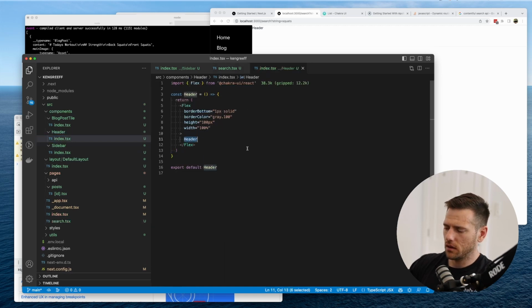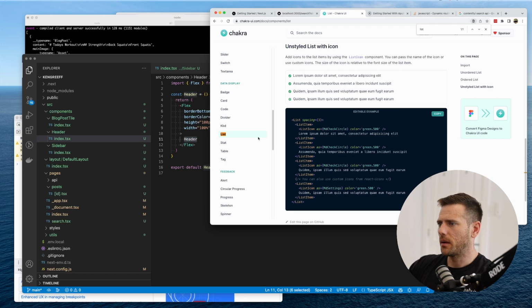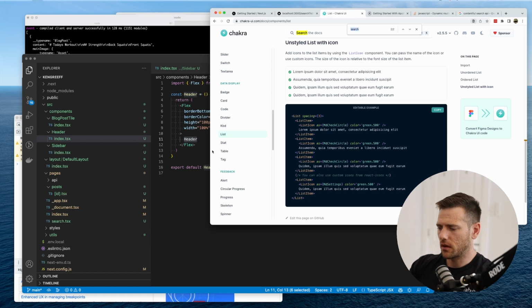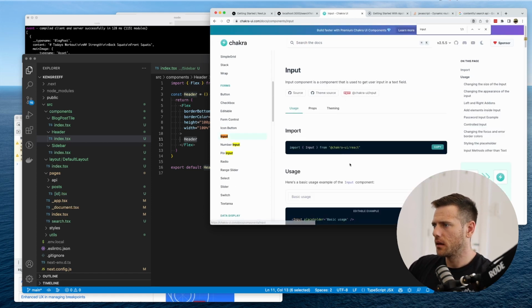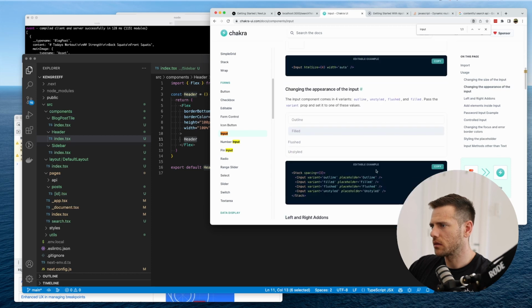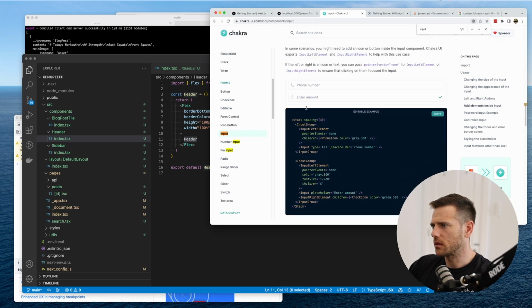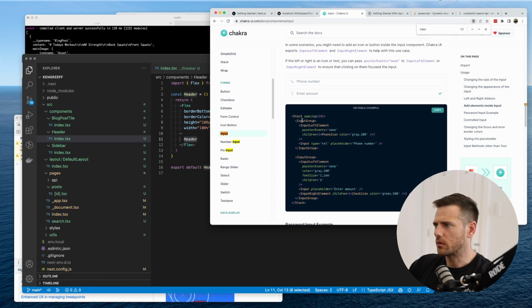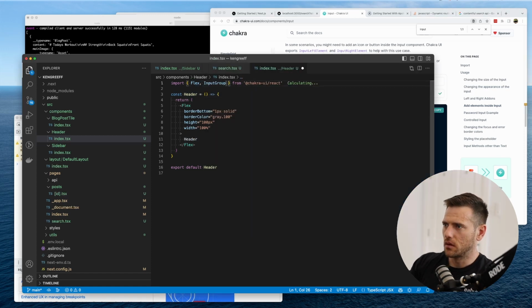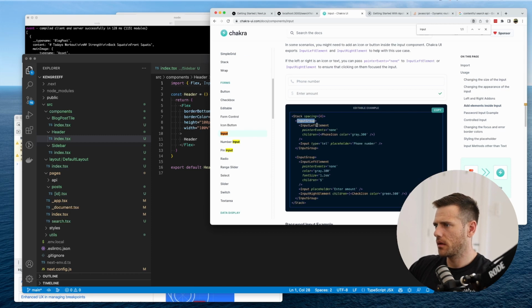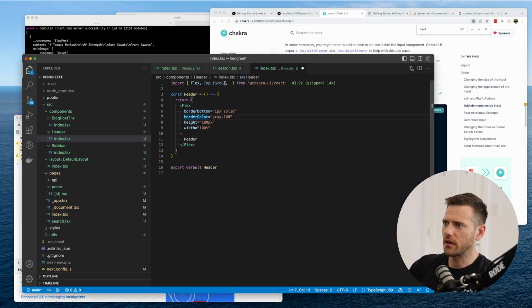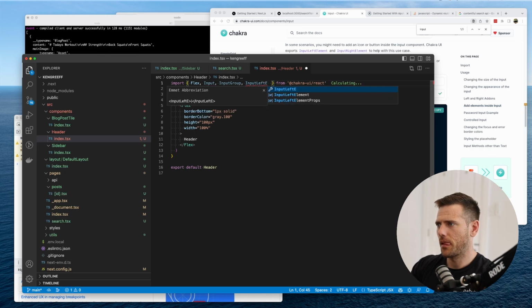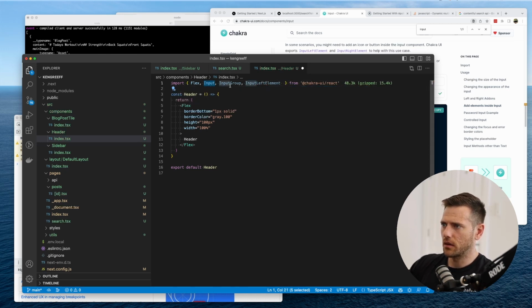In the header, we can literally just have an input. Or maybe that, let's see if they have a search component here for us. I think they have a special way. So they go input. And then I think you can have an icon. There's a placeholder. There's an icon. So input group. Input group. Input and input left element. Cool. So we're going to have an input group